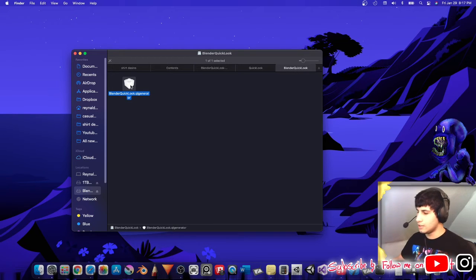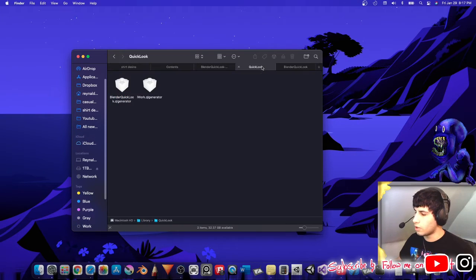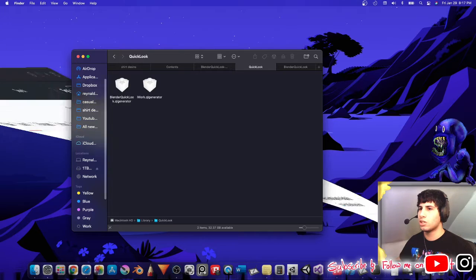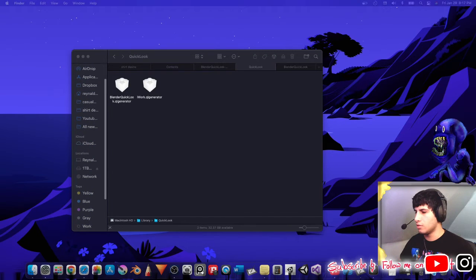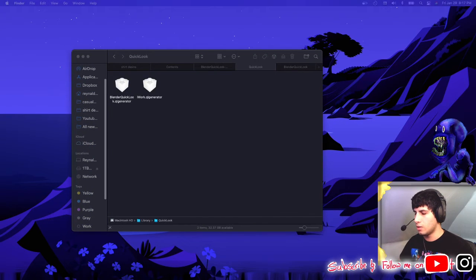So you're gonna take this, and then you're gonna bring it over to where the Quick Look section is, where Macintosh slash library and everything is, just as instructed in the instructions that it gives you right when you download